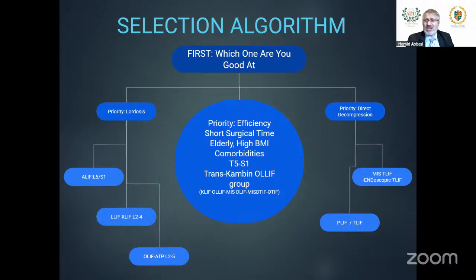Now, how many of you are going to do a 3-level ALIF or TLIF on an 88-year-old patient with an ejection fraction of 35%, who 5 other surgeons have refused to operate on? Well, that is my patient population. They come from the entire United States to me, because with our technology we do that surgery in 1.5 hours, the patient ambulates the same day and goes home the next day, for the last 12 years. So let me talk to you about this.